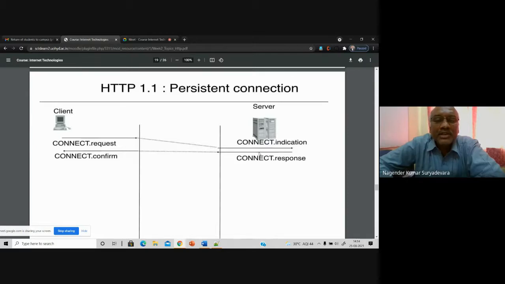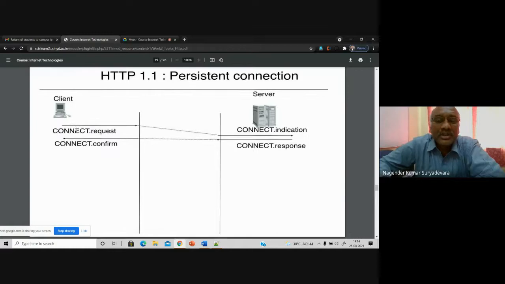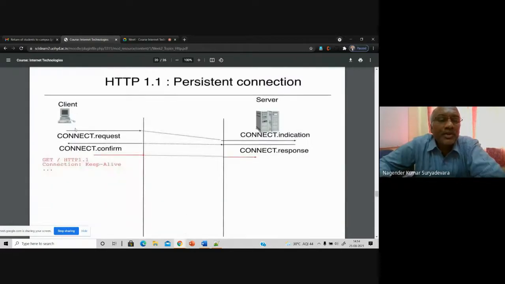Once that response is given back to the client, confirming the request has been handled, then with 1.1 the connection stays established for the frequent or near future requests that are going to come from the same client. That is what persistent means.